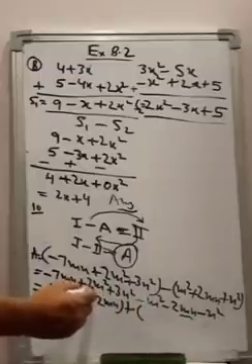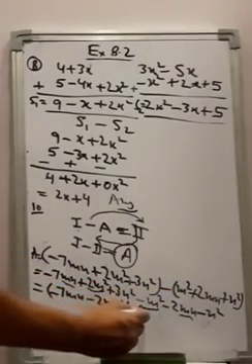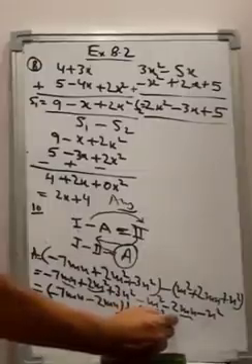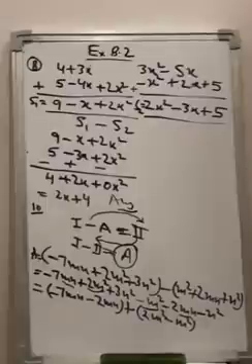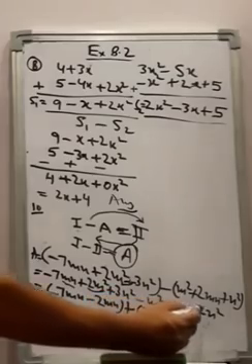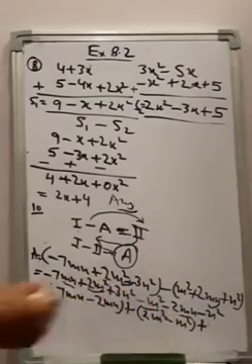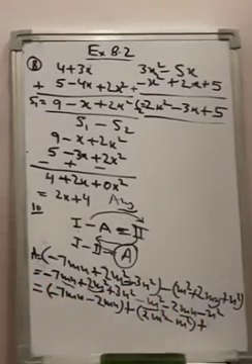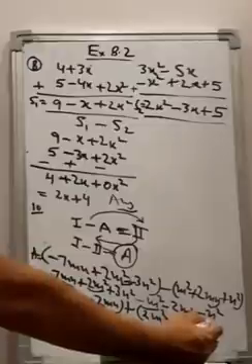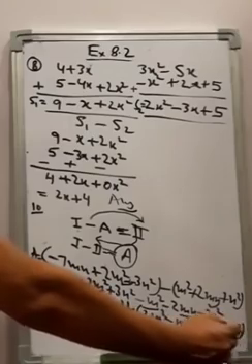Plus, now find out the m square term. The m square is here and m square is here, and find out if there are more terms. So 2m square minus m square, right? So m square is also gone. Now n square is here and n square is here, right? So plus, and always use a plus sign outside the bracket. Whatever is inside, that is okay, but always use a plus sign outside the bracket. So plus, we are collecting n square, so 3n square minus n square, right?